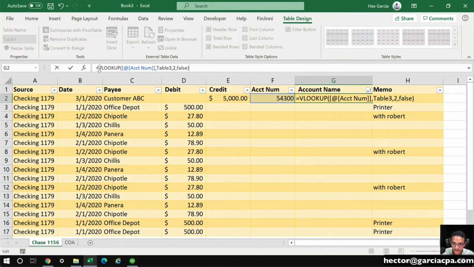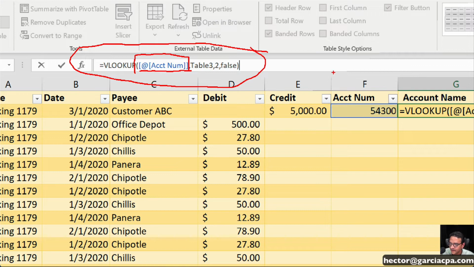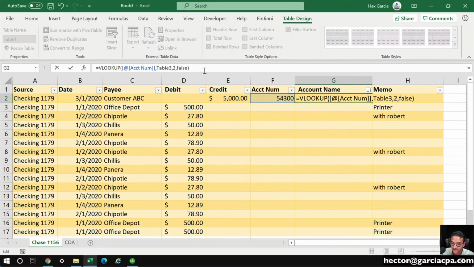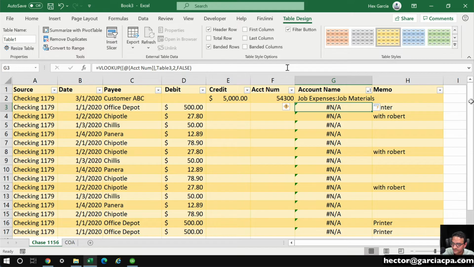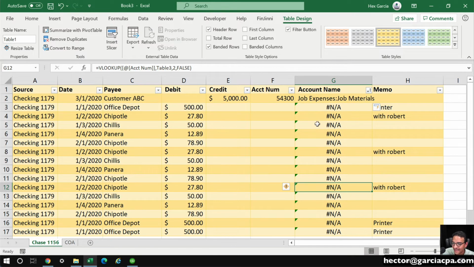I'm going to go ahead and zoom this in so you can see it. This is the formula here. And the only thing that might be different from what you're used to is this thing right here, right? Where normally this would say something like E2, right? That's what we're used to seeing, E2, because it's this field. But the way tables work is when you do that formula and press enter, the formula gets copied automatically down, and it's every single time we create a